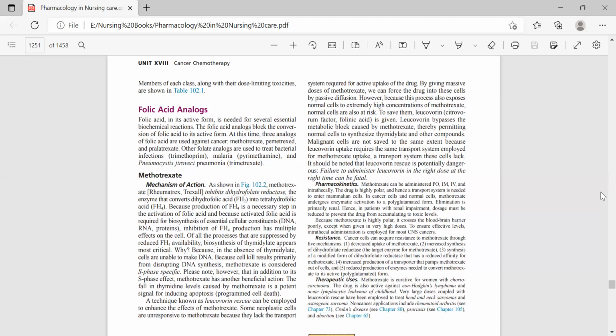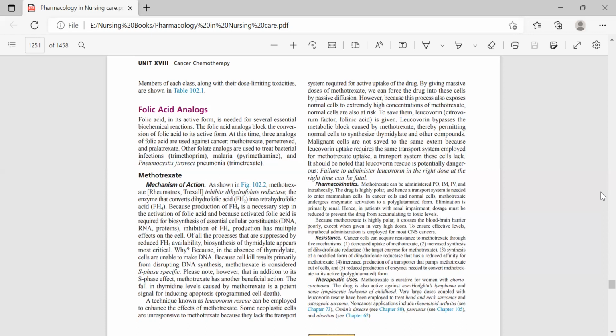We have discussed only the anti-cancer agents and not the treatment of infections, but for our knowledge and consideration, methotrexate is not only therapeutically used as an anti-cancer agent, but also in non-cancer diseases, which include rheumatoid arthritis, Crohn's disease, and psoriasis, and also during abortion. So these are the non-cancer applications of methotrexate. Now the mechanism of action of methotrexate: